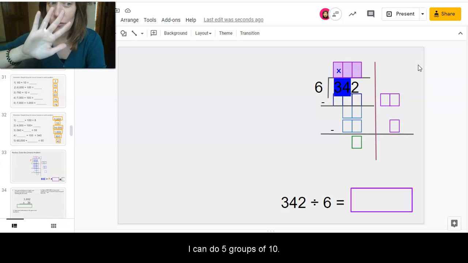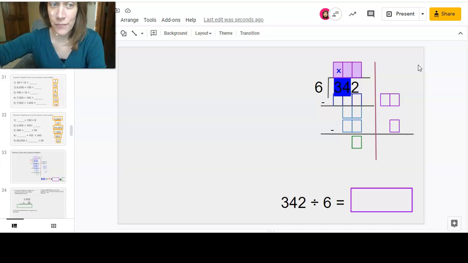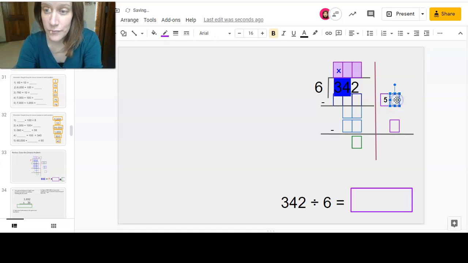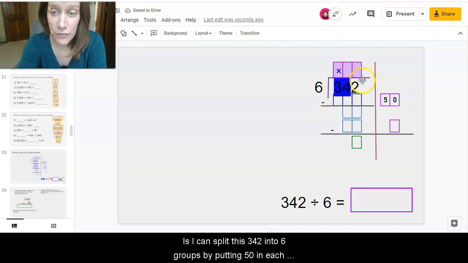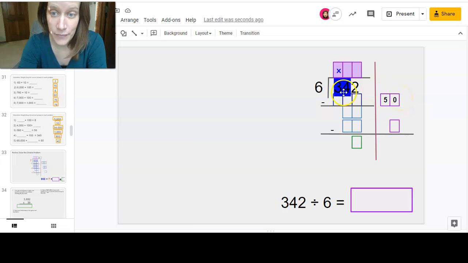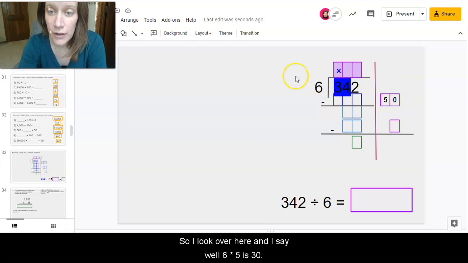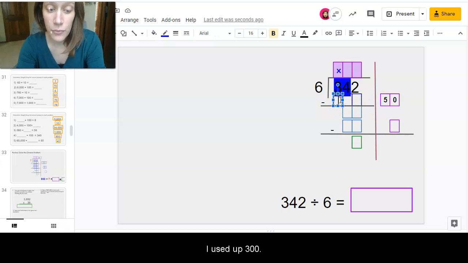I can do 5 groups of 10 in each of my 6 groups. Okay? So 5 groups of 10 is 50. What I'm seeing here is I can split this 342 into 6 groups by putting 50 in each group right away. And I want to think, okay, well then how much of my dividend have I used up? So I look over here and I say, well, 6 times 5 is 30. So 6 times 50 is 300. I used up 300